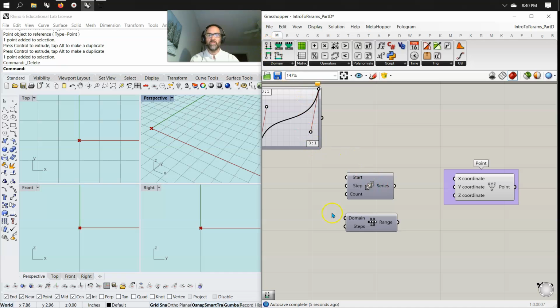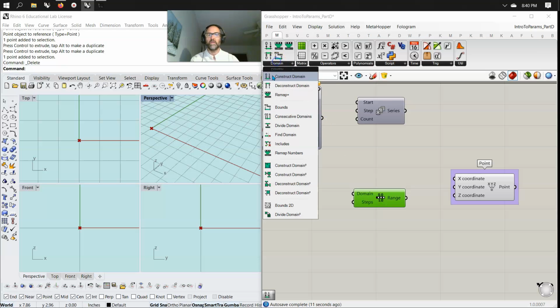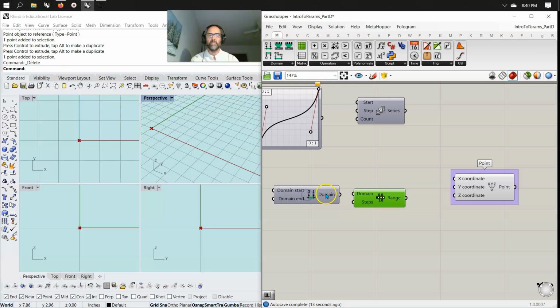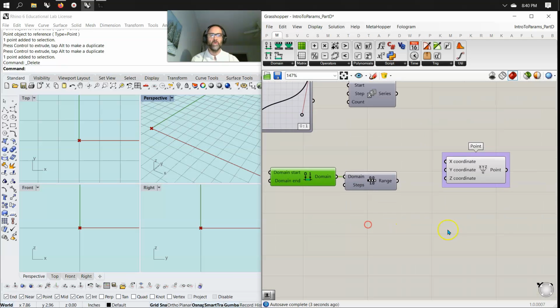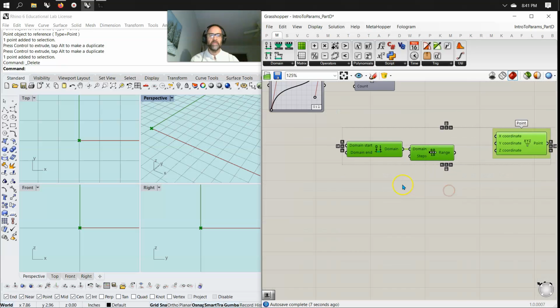In order to take a look at maths, ranges are, we'll skip the series for a second, but we're going to take a look at the range, which demands a domain. So what's happening here is we go to domain, constructing domain. And I can take that domain, and there's a default 0 to 1, but if I just take this over this way a little bit and shrink it down, this allows us to say, well,